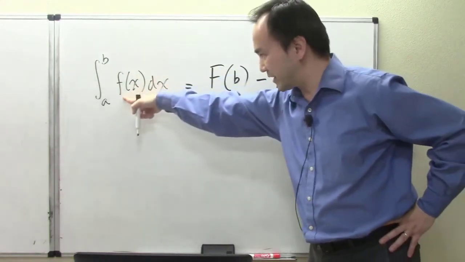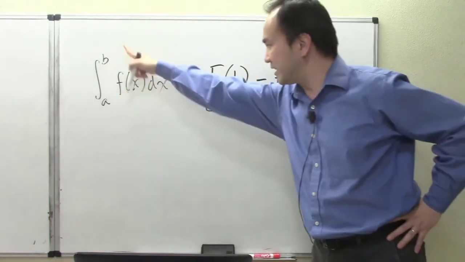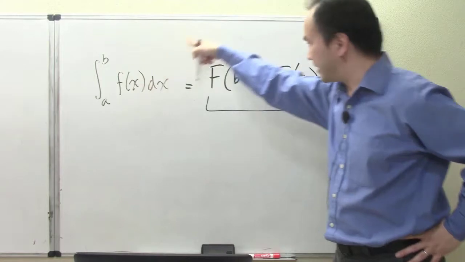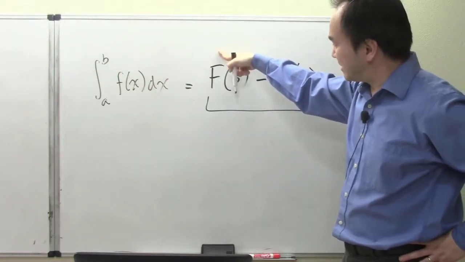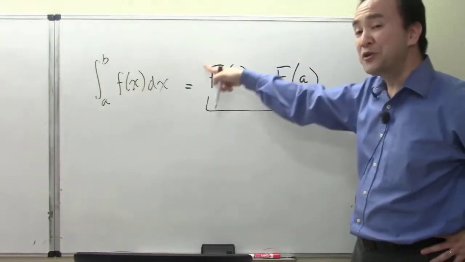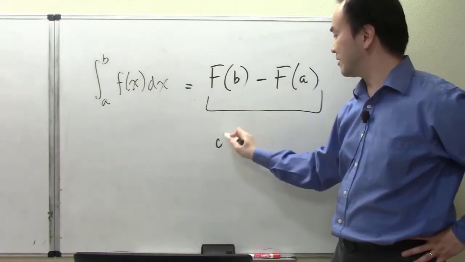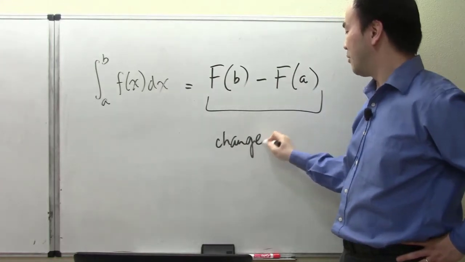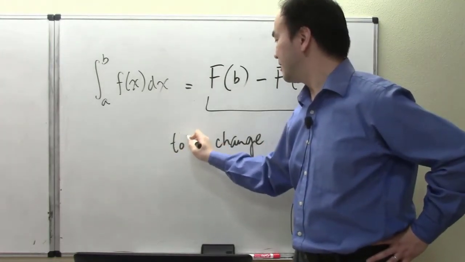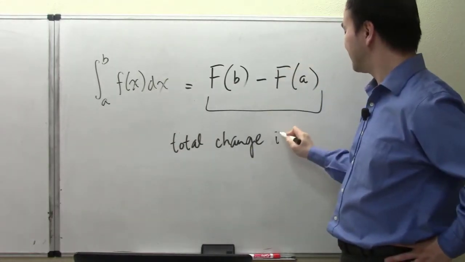So this is the derivative, lowercase f of x, and we are taking the antiderivative, landing us back in the antiderivative version, and then the definite integral is proven to be simply this difference, which is just the change, or in some cases we can call it the total change. It's a change in